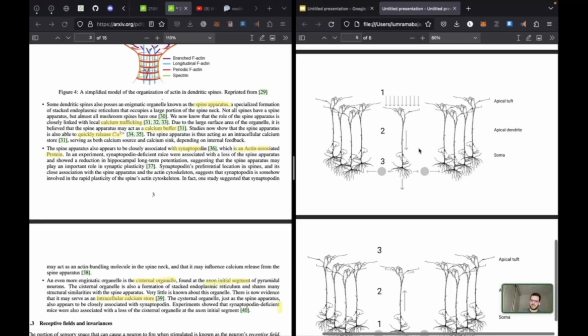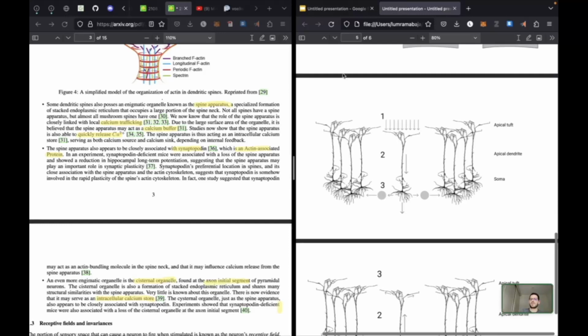Now imagine that the neurons within this layer are receiving input from some previous cortical layer. Now what actually happens is that always the apical tuft receives the input,